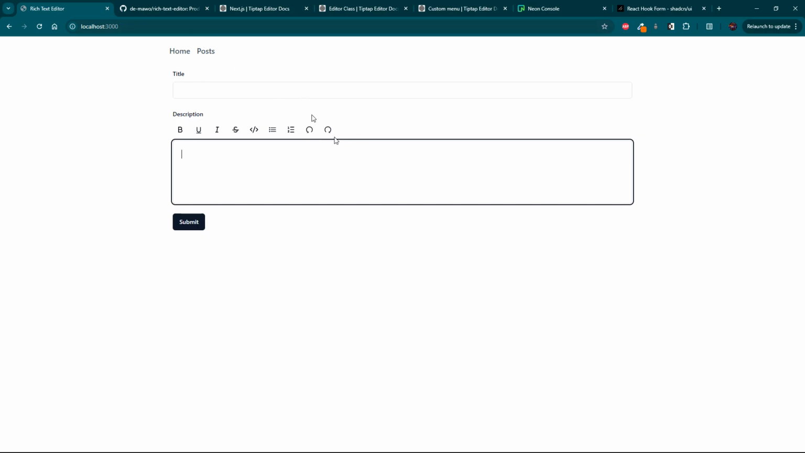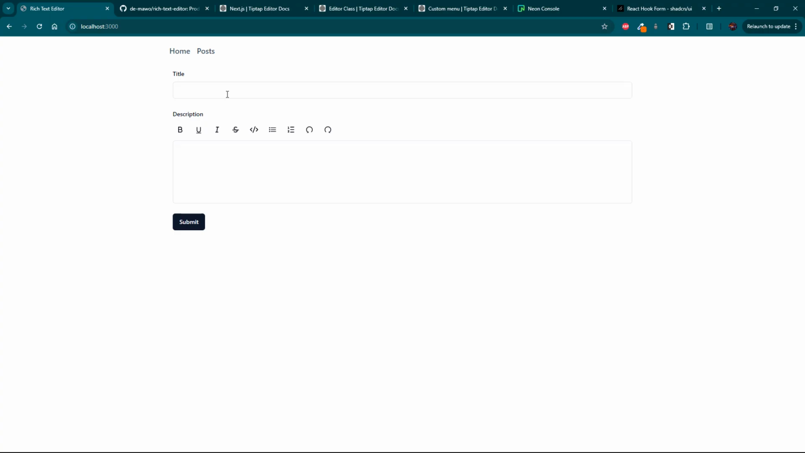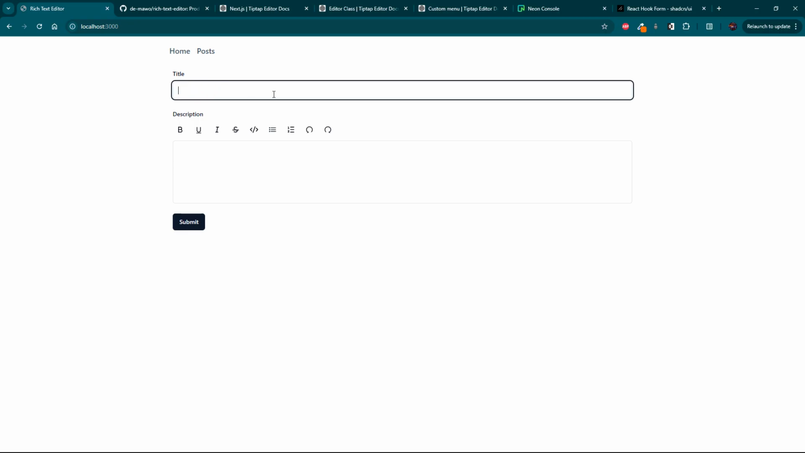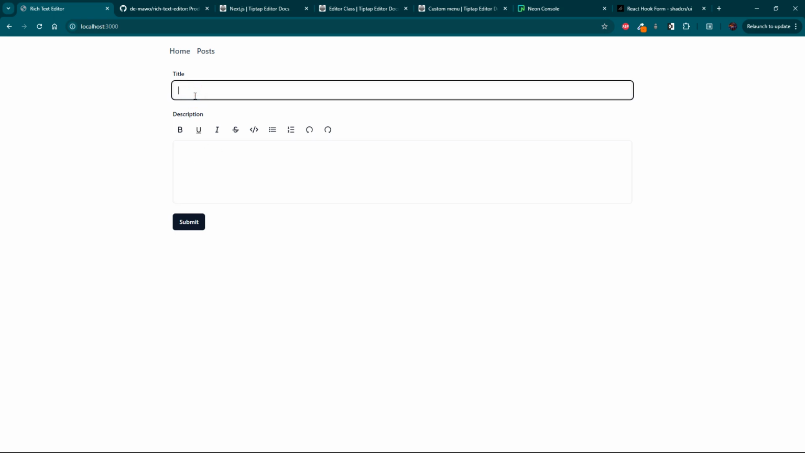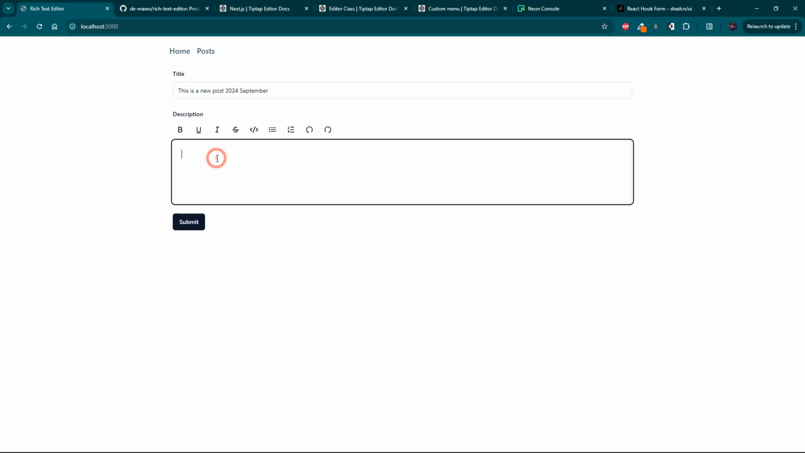So this is the project we're going to do today. You can see on my home route here, localhost 3000, I have a component where it's like a form, right, where I can type in a title as well as a description, and in the description I can actually edit my text as I type in. So let's just quickly do a demo and say this is a new post, 2024, let's say September, something like that, and let's just write some text here as we go, right? Let's just quickly write some text,